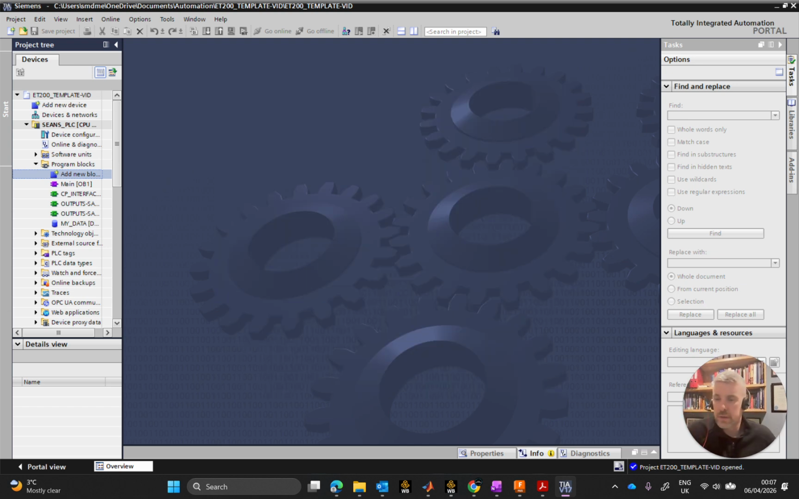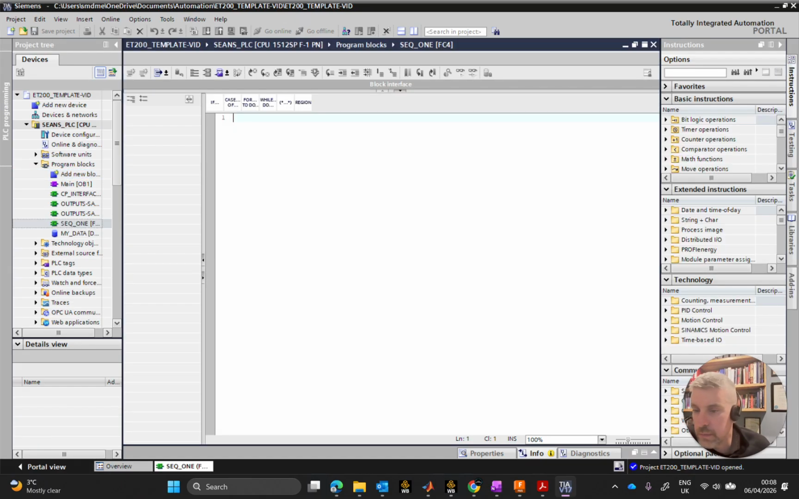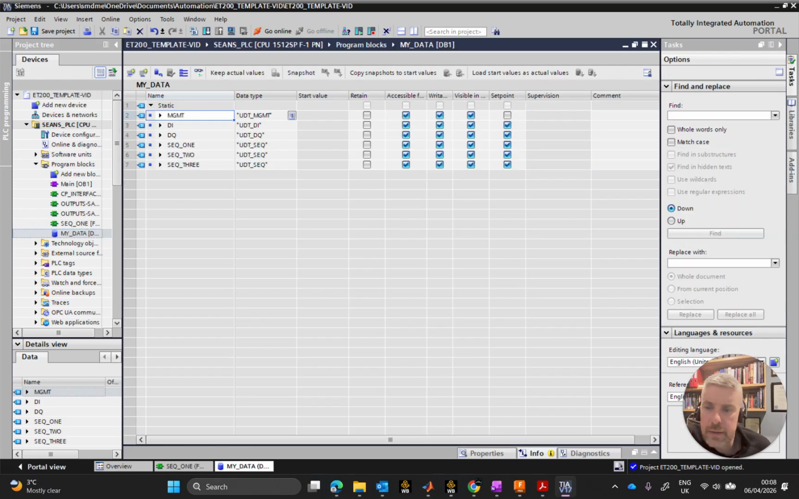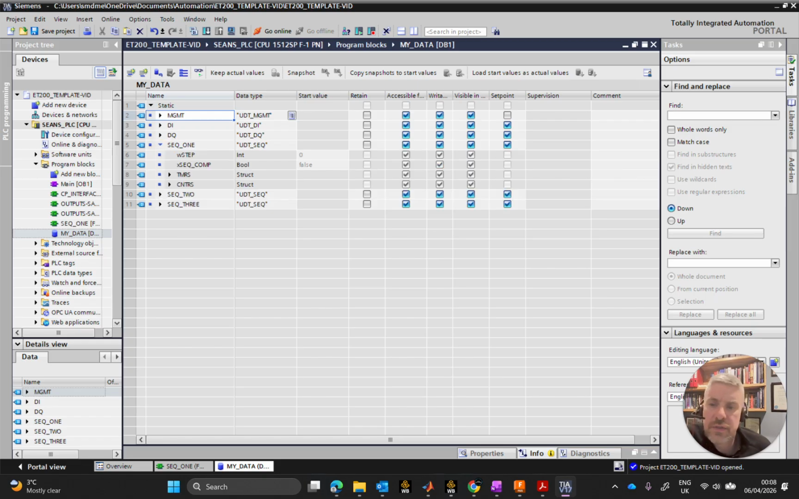Okay, so it's going to populate itself into the program blocks, and there we go. Right, so we're interfaced here. I'm just going to double check what I have in my data. I have a sequence 1, a sequence 2, and a sequence 3 in here. If you recall in the last video or a video before that, when we brought in sequence 1 into my data block,